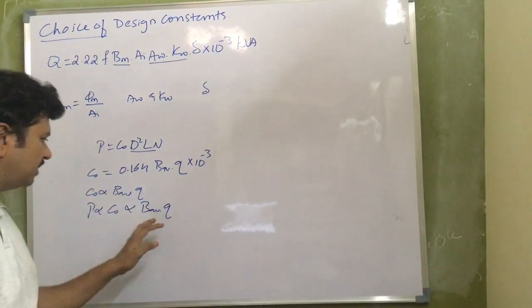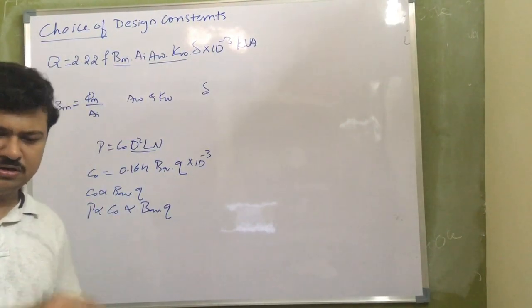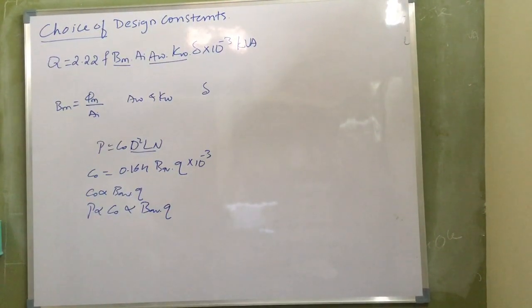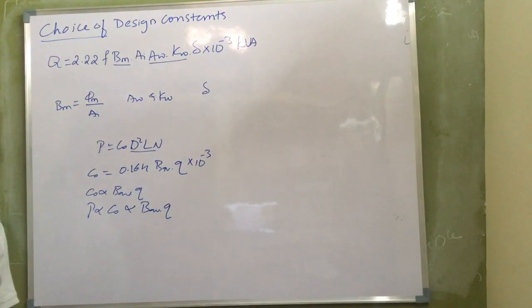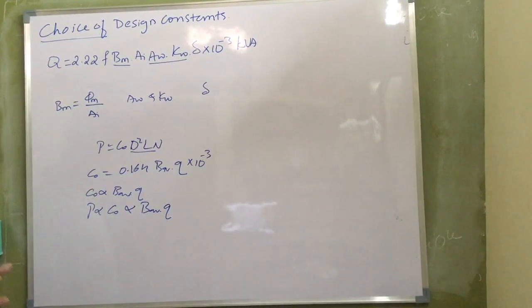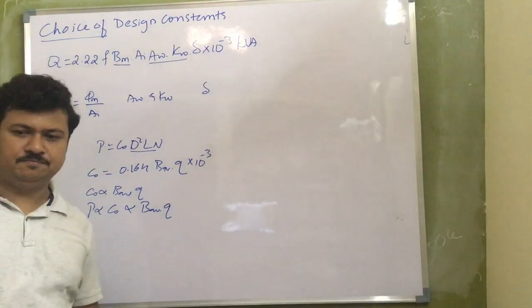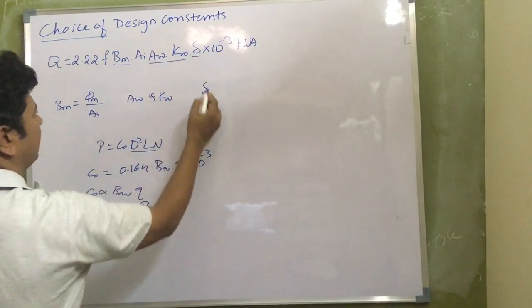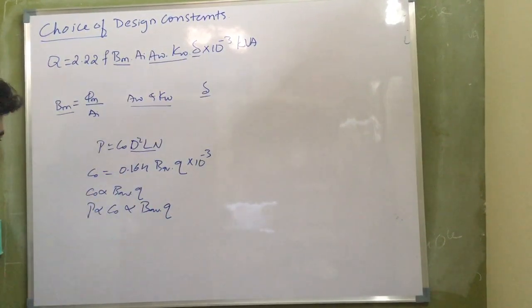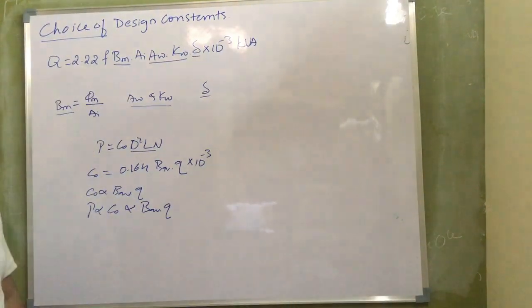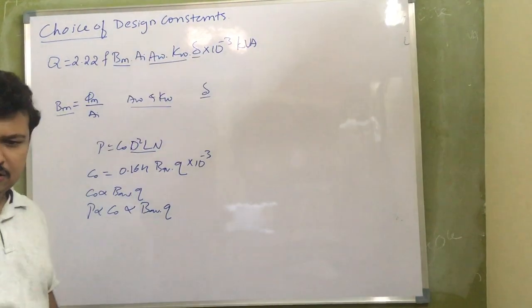By choosing larger values of BAV and Q, what are the pros and cons? Already we have discussed that. That is a parallel task: what are the effects, how to minimize those effects, and whether we have to follow some trade-offs. That is one issue. But these are the constants which we have to decide before we go for the design. Likewise, I have BM, AW, KW and delta. These are the design constants which I have to decide before I go for the actual design, obtaining the main dimensions of the transformer.